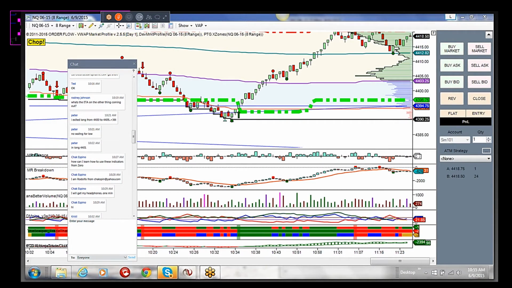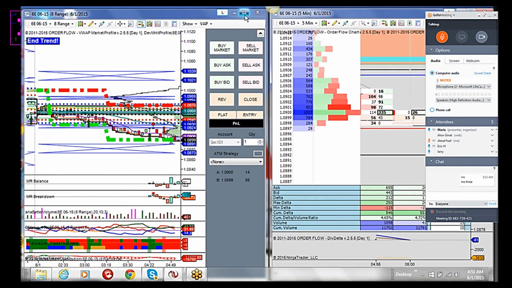NASDAQ. Nice trade, yes? See that entry right there? Can you see any entries? You see any prices? Notice the chart trader to the right is blank. Nothing's showing. Do you see the stops? No? How about this? This is 6E. Nice trade, right? You see the entry? You see any execution at all? No?